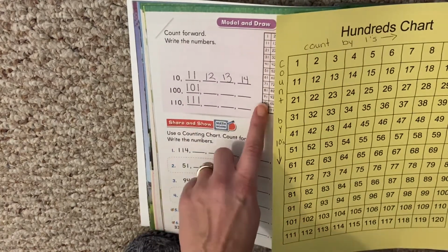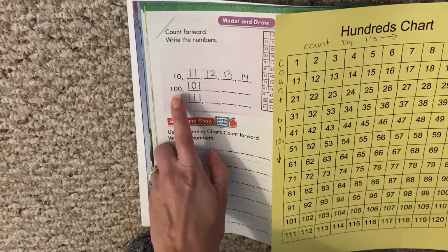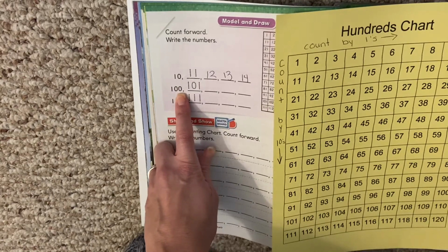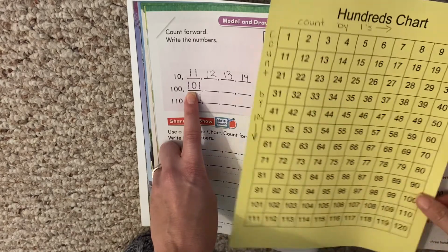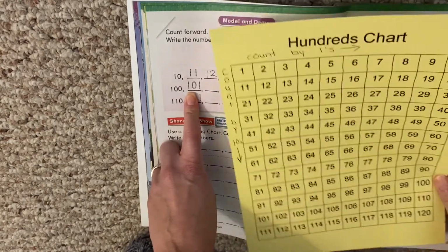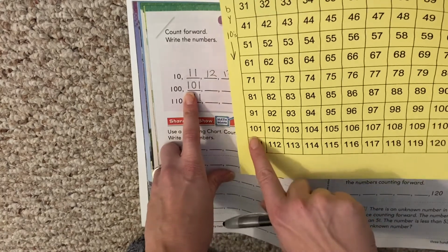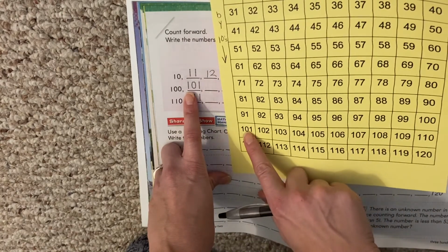Now our starting number changed. We have to watch for that each time. Now we're starting at 100. And each time we're moving forward, we're getting one more. So I'm going to help you with these numbers as we go so that we know how to say them. Here's 100. If I get one more, it's